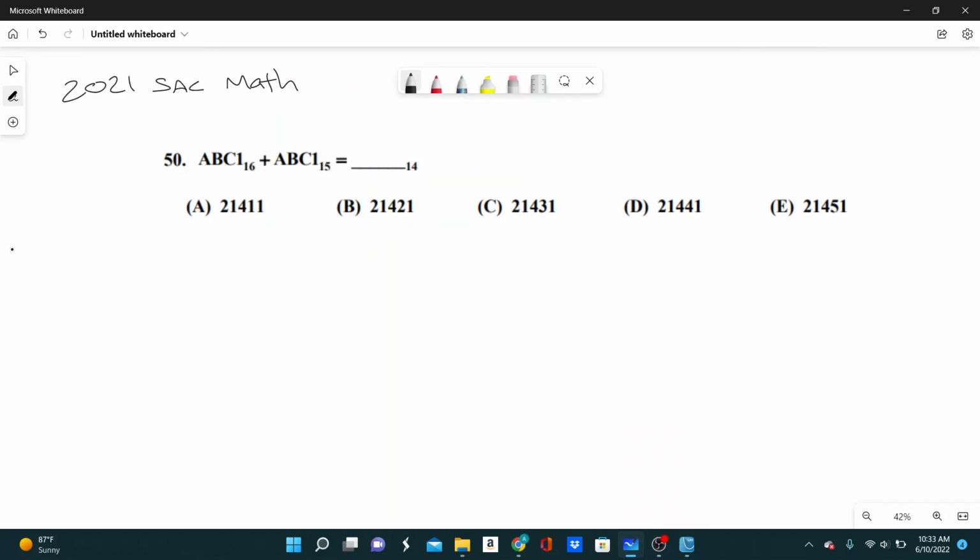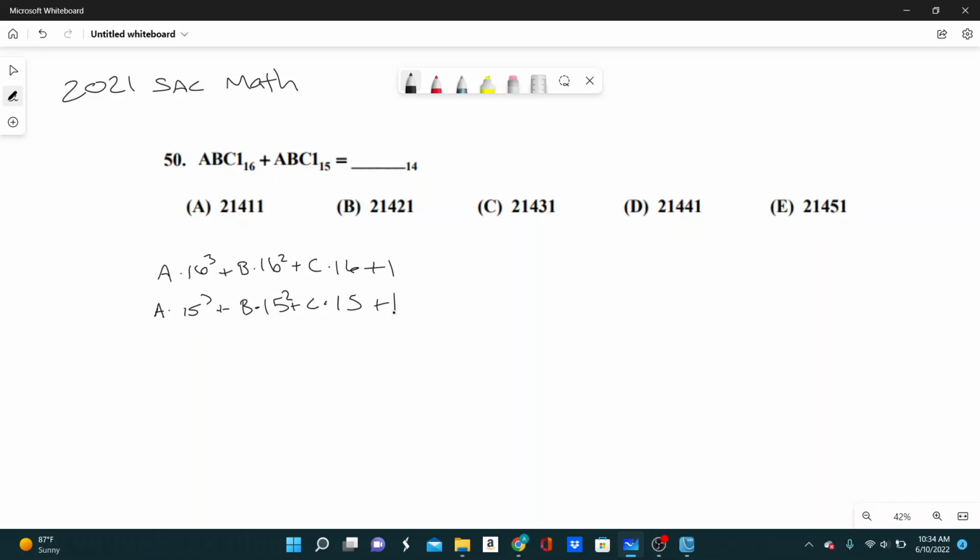Number 50. ABC1 base 16 plus ABC1 base 15 equals what in base 14? Alright, so what I'm going to do is expand both of these out into base 10. So ABC1 base 16 will be A times 16 cubed plus B times 16 squared plus C times 16 plus 1. And then ABC1 base 15 will be A times 15 cubed plus B times 15 squared plus C times